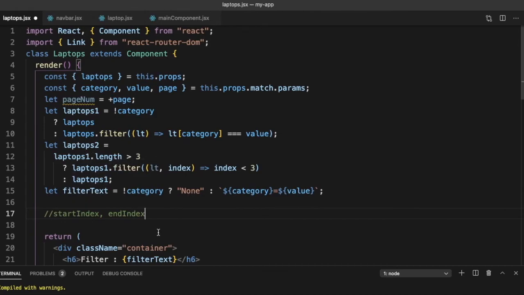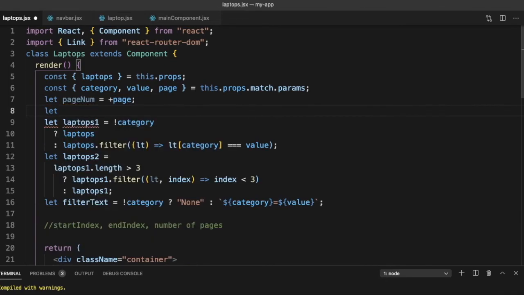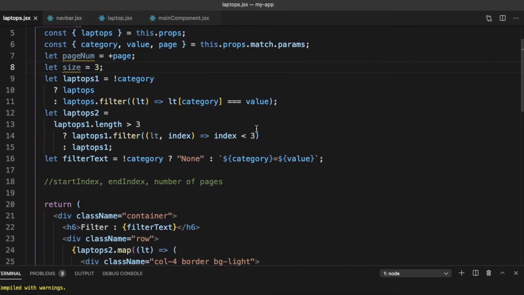So that's the first thing we need to know. Second thing we need to know is number of pages, and then we should be done. So let's first say let size, which is our page size, is 3. We are showing 3 in a row, 3 on a page. So that's our page size.